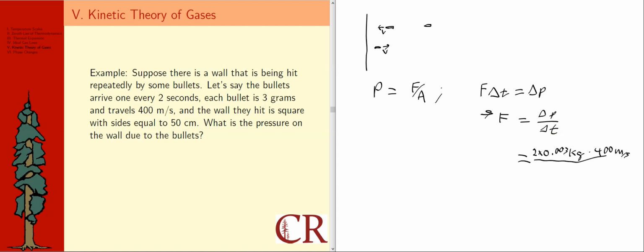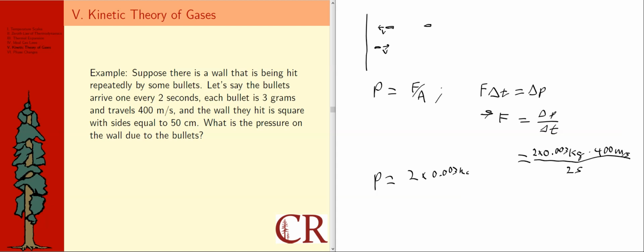And then since these bullets are coming in at this regular rate of 1 every 2 seconds, I'm just going to assign the 2 seconds to the delta t. In other words, every 2 seconds, this is happening. And so that is going to be the force that I think those bullets exert onto this wall. If I calculate what that is and then divide that by area, I should have a pressure, right? So pressure in that sense should be equal to 2 times